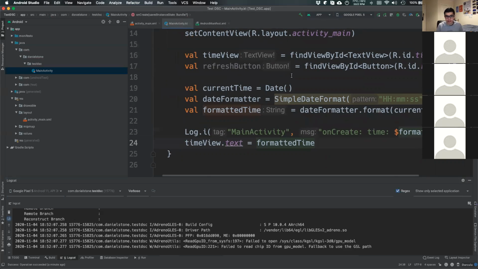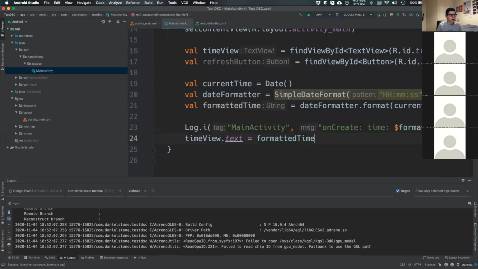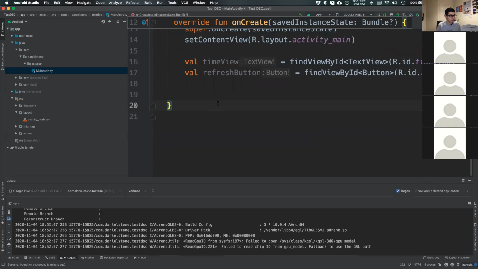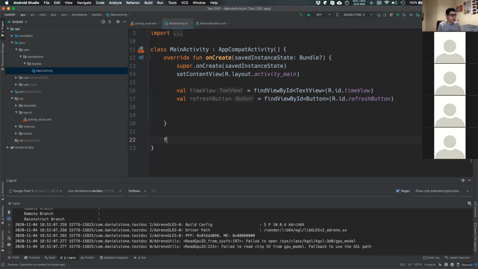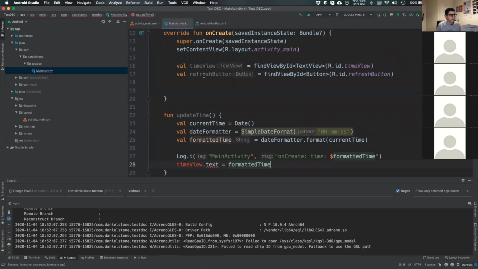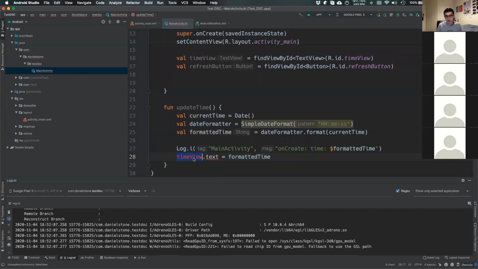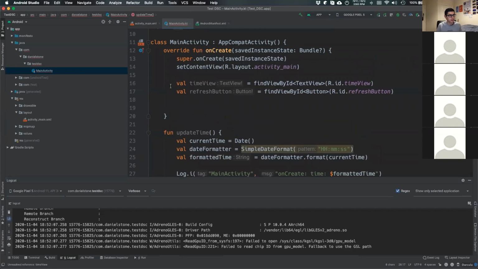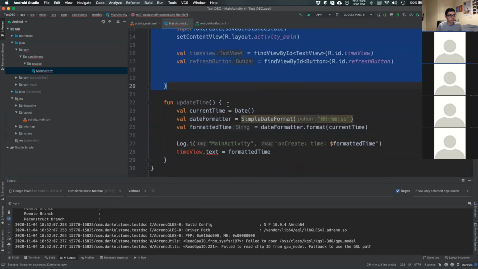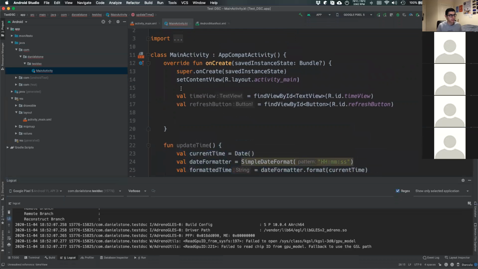Now we want to do something when this is clicked. Quite simple again. We're going to use what we did earlier, and that is let's move all of this out into a function. So we'll take this out here, and I will say function update time. We'll go here. Now you notice we can't access the time view variable here because we've defined it in these curly brackets, which doesn't include these curly brackets here, so we can't access that. So what we need to do is we need to move this up here,